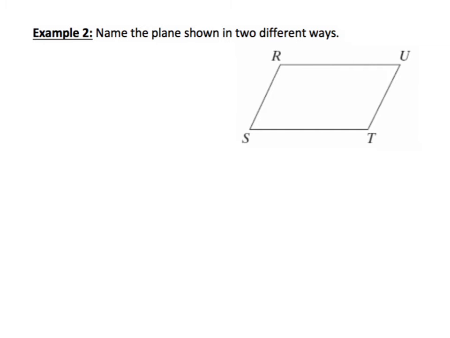And we want to name the plane shown in 2 different ways. I'm probably going to do a few extras just to show you that there's a lot of different ways to name this plane. But note here that the R is referring to the corner. That is a point. So is S, so is T, and so is U. So when it comes to naming a plane, you name a plane using the word plane and then 3 non-collinear points. So any ordering of those 3 letters, we could call it like plane R-U-T,